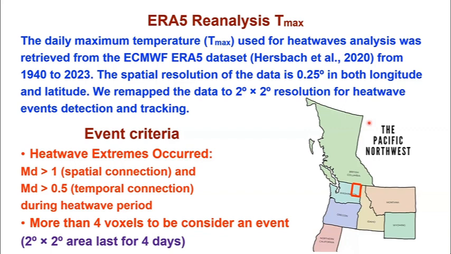And for the event criteria, the connection horizontally has to have the extreme occurrence, with daily magnitude exceeding 1. But temporally, we only set it to 0.5, simply because, well, you should have more spatial coherence, but sometimes a heat wave can reduce in magnitude in between, so you don't want to separate them too easily by raising this threshold too high. But anyway, you can define whatever you want.